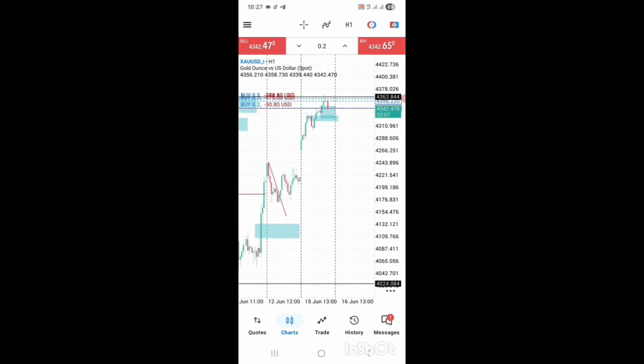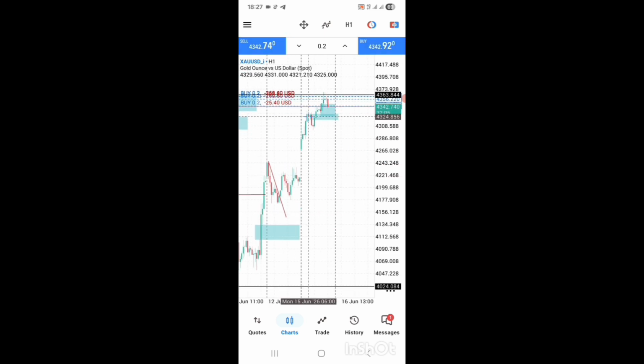Once again, ladies and gentlemen, did not. It came, tapped on that, or rather swept liquidity on that order block, which it did here. And then price came and sat at this order block, because once it inverted this fair value gap, it went down, went up, used this order block here as a support, and then it continued down, up.